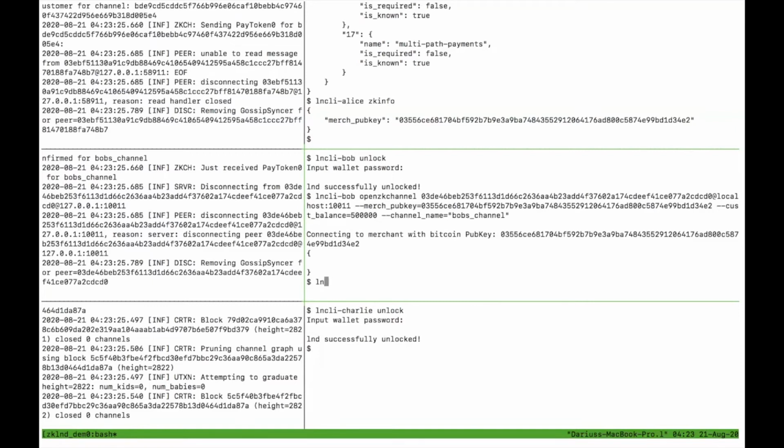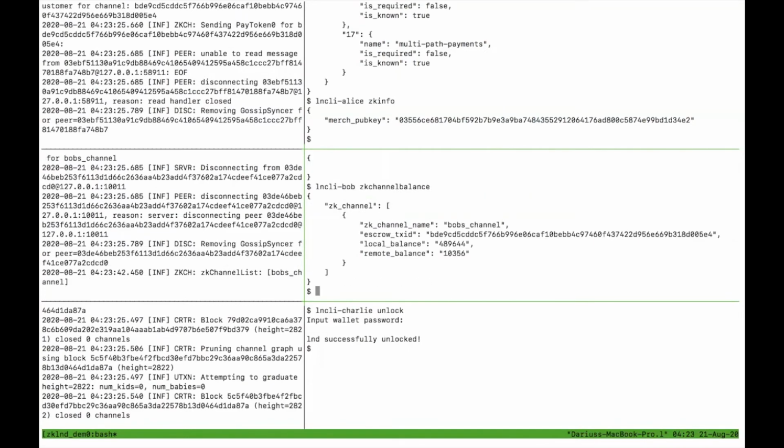The customer can view the channel by using the zkChannel balance command, and this will show a list of all the channels that it has open. So right now we just have one channel, and we can see the escrow ID and the balances. So for the remote balance, which is the merchant's balance, there's a minimum value that will be allocated to the merchant, and this is so that in the case of the merchant doing a unilateral close, they'll be able to